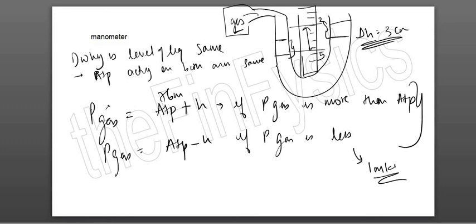Okay, so you will get pressure in centimeter or millimeter. If they tell you to find pressure in Pascal, convert the H into meters and then use the formula rho g h, where rho is the density of the liquid. Again they will ask you, suppose we are using water, then they will tell you if water is replaced by mercury, how will the height vary? So the density of mercury is more, which means my height will be less. Okay, so I hope this topic of pressure, the revision part, is clear to you all. Thank you.